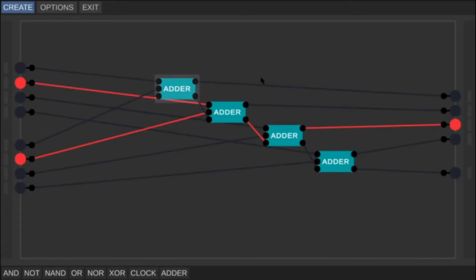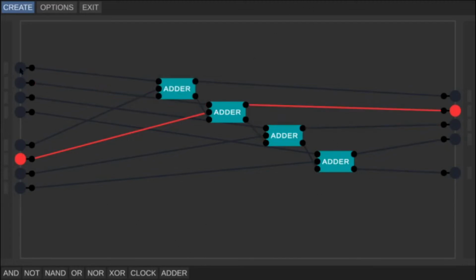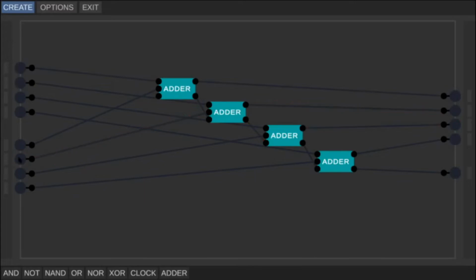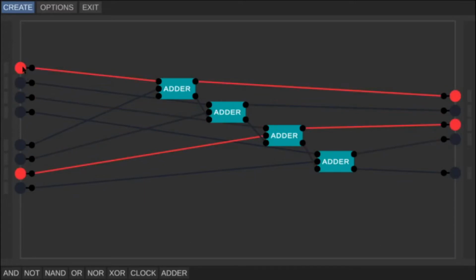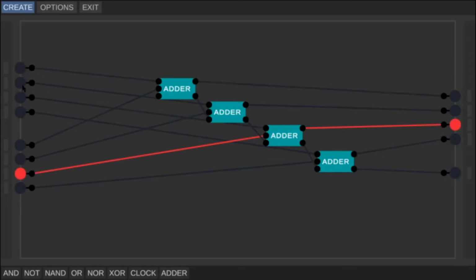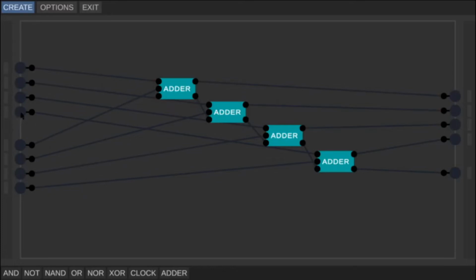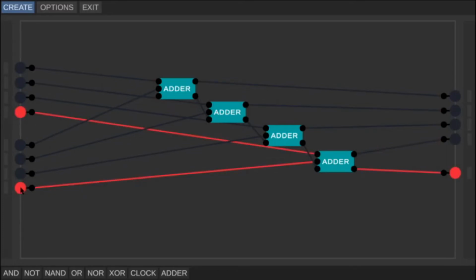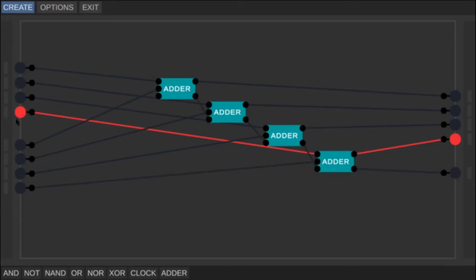So if you take 4 1-bit adders and cascade them like so, and link them up together, now you have a 4-bit adder. And so this can be used to add 4-bit numbers. I would make a truth table for it, but if you just watch that last portion, you would know how to convert from binary to decimal. So apply that here, and bam, you can now add 4-bit numbers all on your own to test the worthiness